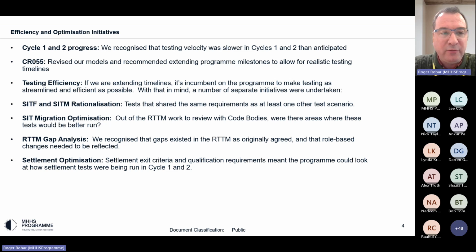We were quickly disabused of those notions, and to mitigate that situation, we raised CR55, revising our models and recommending extending program milestones. But if we're going to extend program milestones, we need to make sure that we're asking you to run the right things. Wasted effort is the antithesis of what we're trying to achieve.